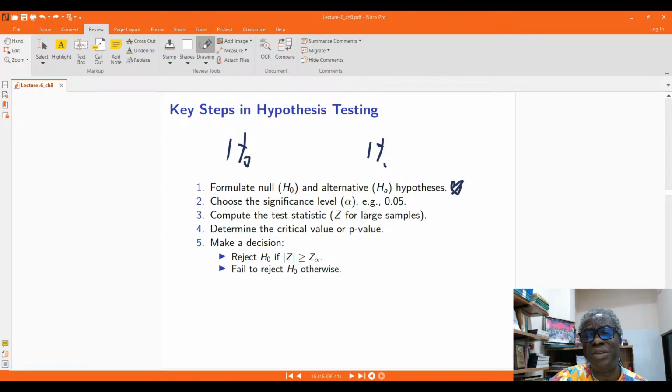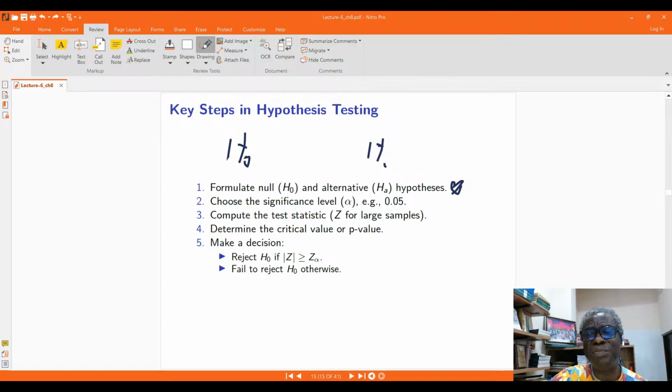That alpha level is usually very small because, if possible, you don't want to reject a correct hypothesis. That's why you make it so small. So the usual value, we've mentioned that before, could be